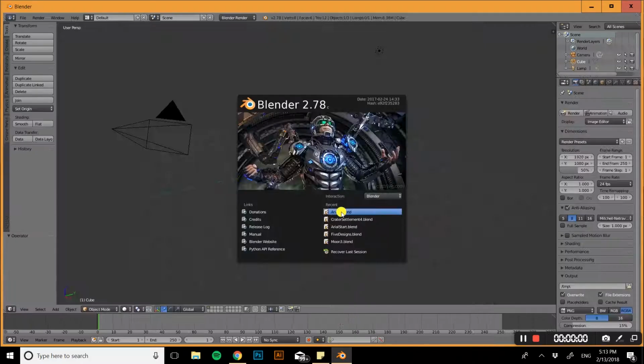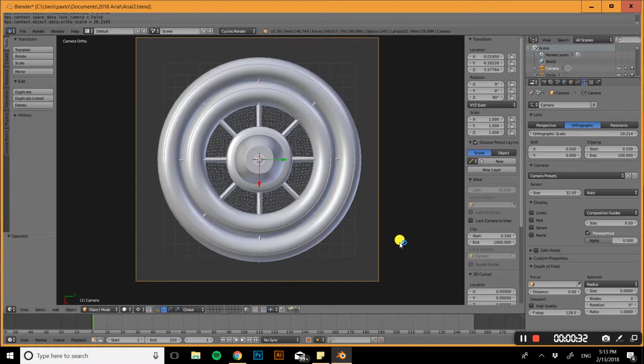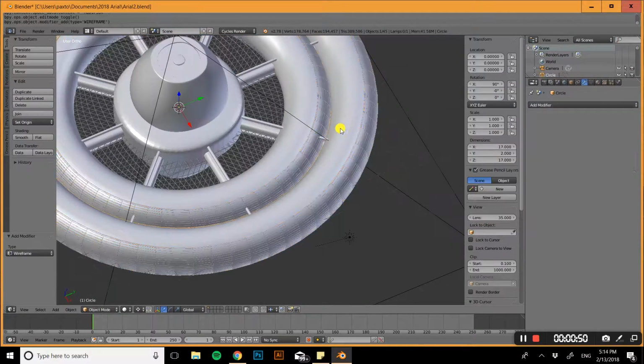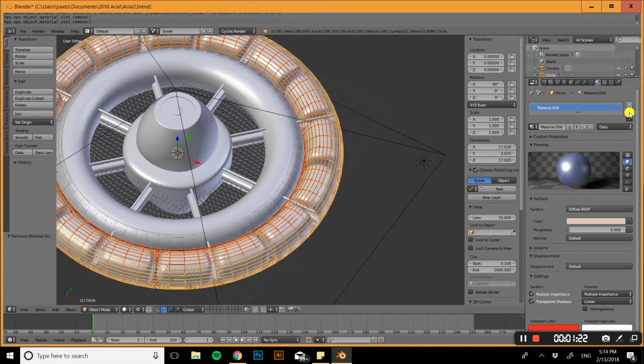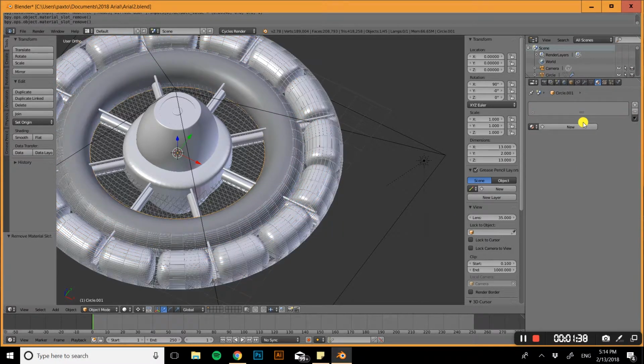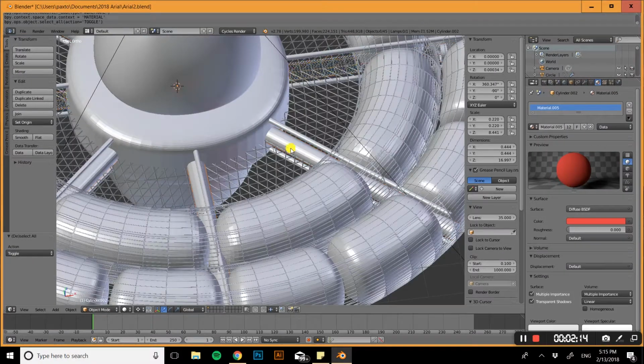So let's get started. This is a space that I'm designing for this competition thing that we do at my high school. But anyways, as you saw earlier, it was primarily solid. Then I go to that little wrench icon on the right hand side, and that's the modifier icon. So you want to add wireframe modifiers, and you can choose your thickness based off how thick you want your